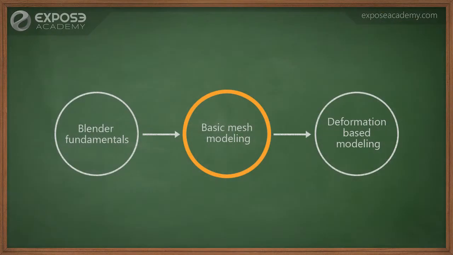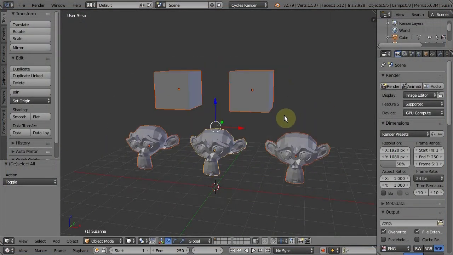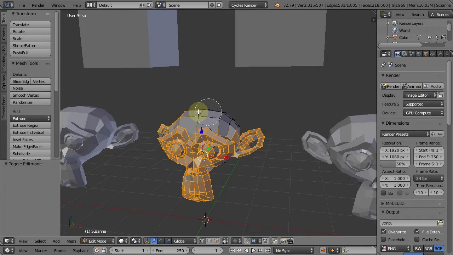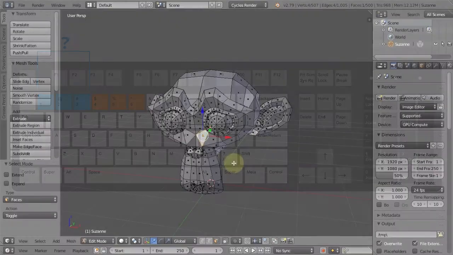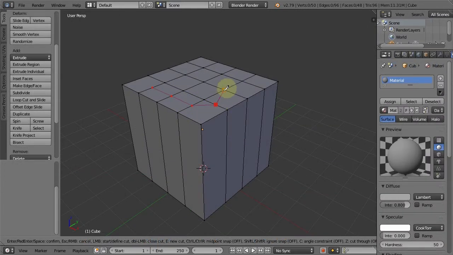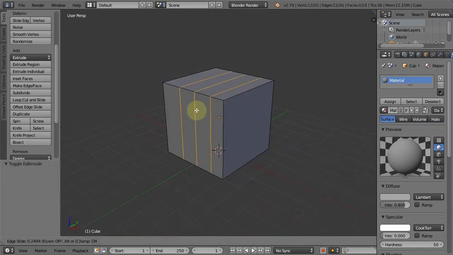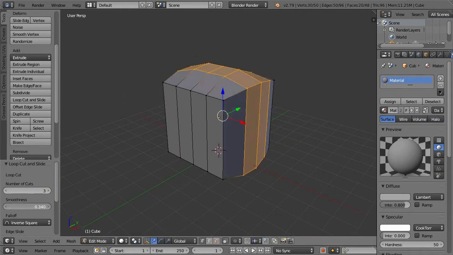In the second chapter, which is Basic Mesh Modeling, you will learn the basics yet very important things about 3D modeling. We're going to learn advanced mesh selection methods and advanced methods also on tweaking the selection. Learn how to quickly set custom shortcuts on modeling commands. Learn how to tweak 3D model using a lot of tools such as the knife tool, inset, extrude, bevel, loop cut, and so many more.